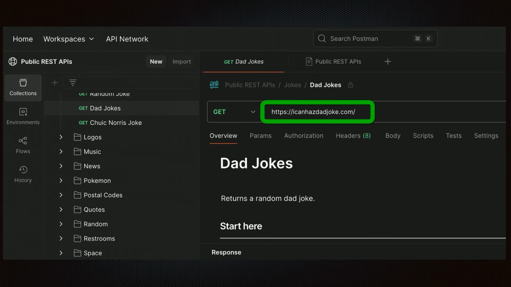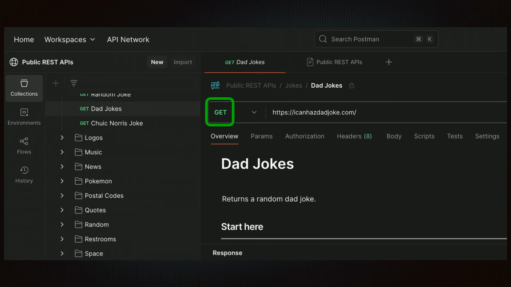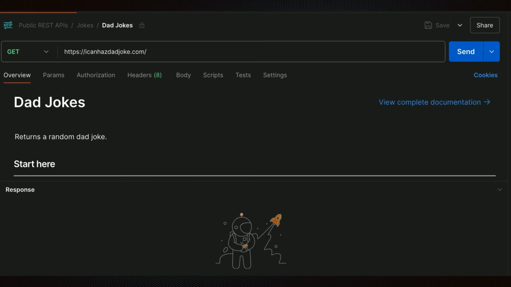Here I've drilled down to a topic near and dear to everyone's heart. That looks just like a normal URL. And sure enough it is. But what else is going on in Postman? We can see the type of request we're making of the web server as a GET. Let's go ahead and send that request in Postman.